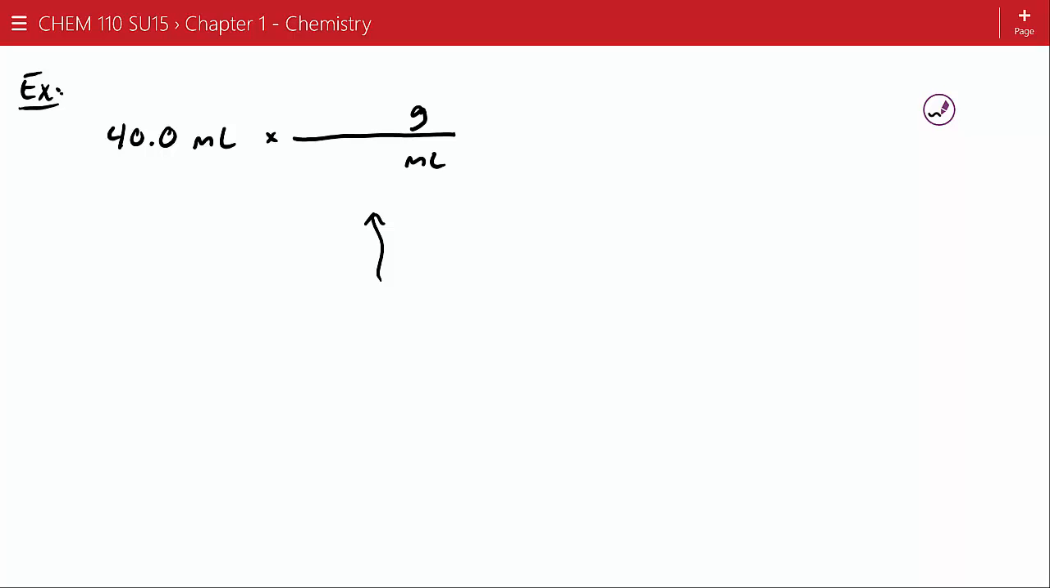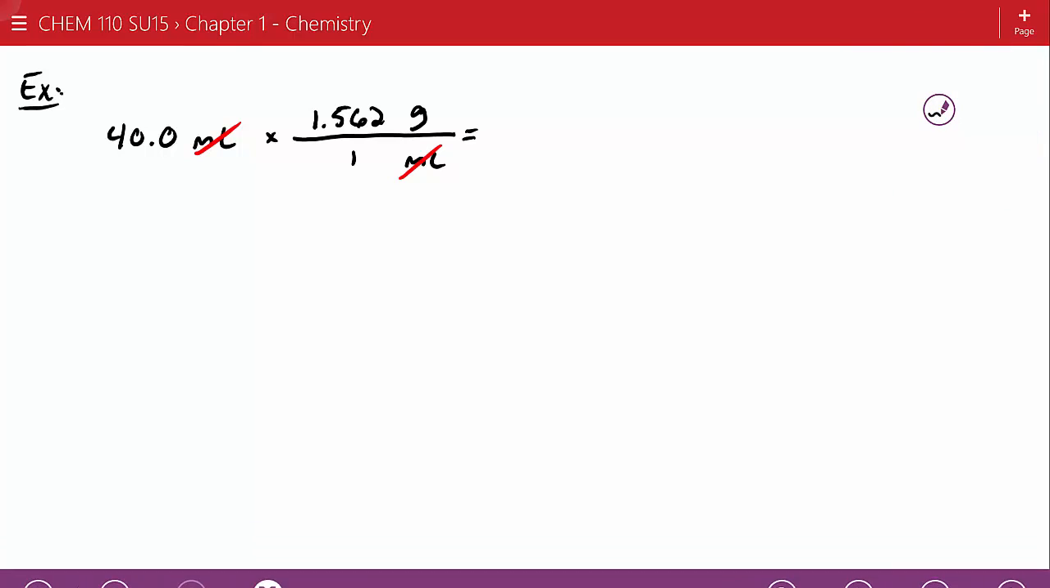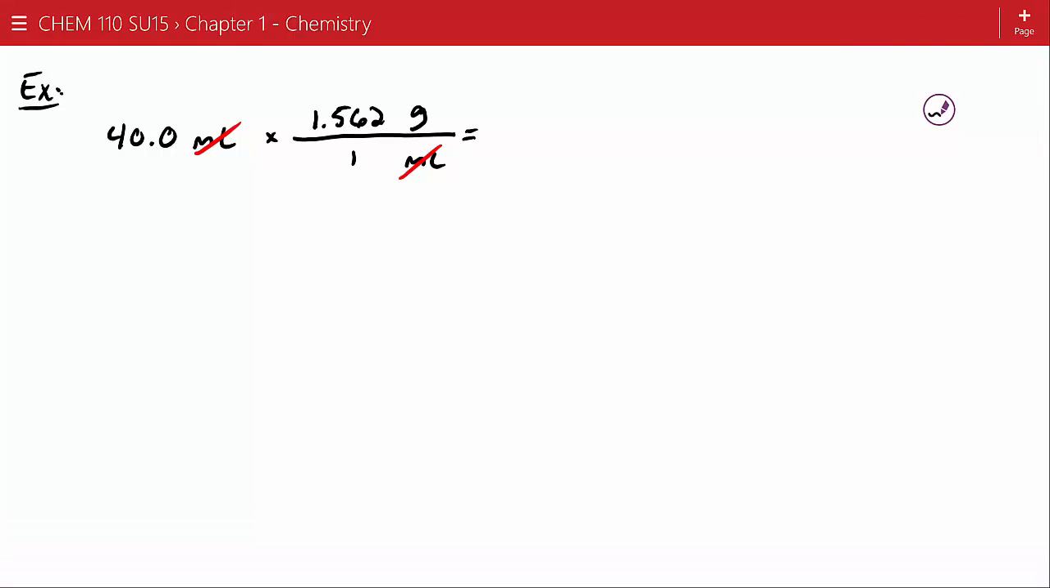When we have the units grams over milliliters, it's referring to something very special. Density, right? So we're using density conversion here. So we can convert between milliliters and grams by using density conversion. And for this specific example, the density of my solution is 1.562 grams per milliliter. So I looked it up. If we go through, we can cancel out milliliters and milliliters,